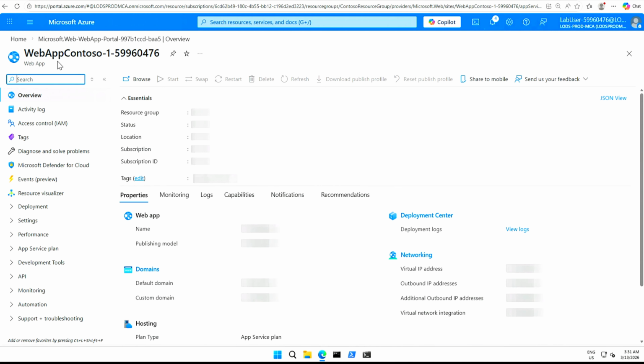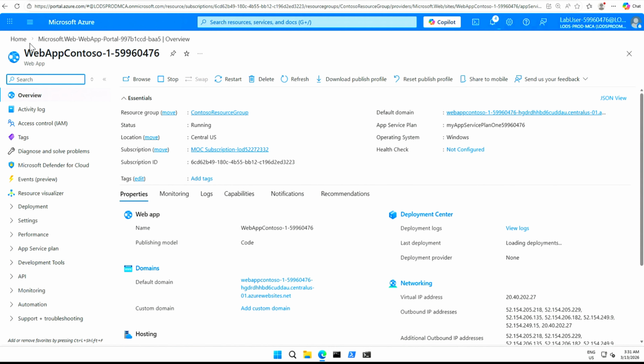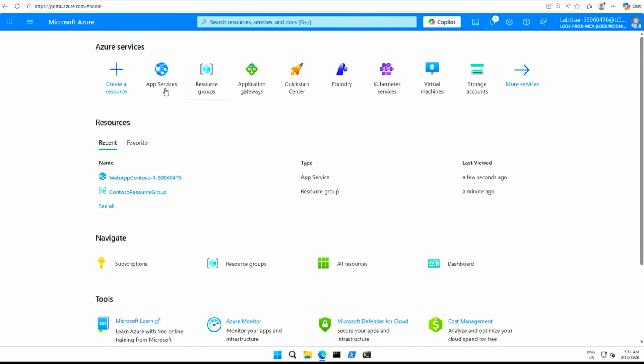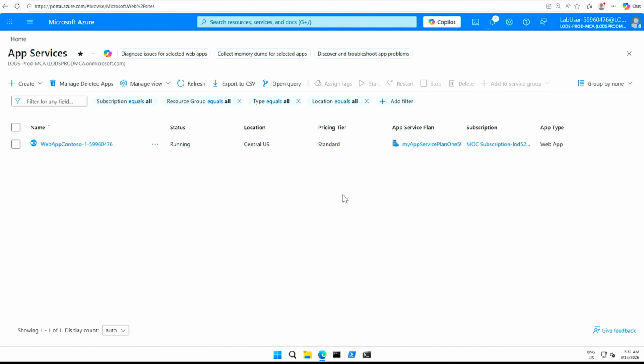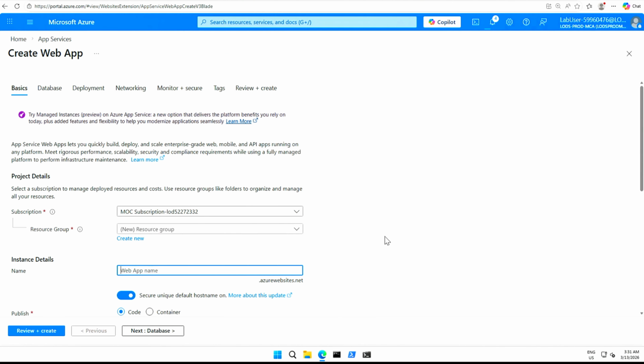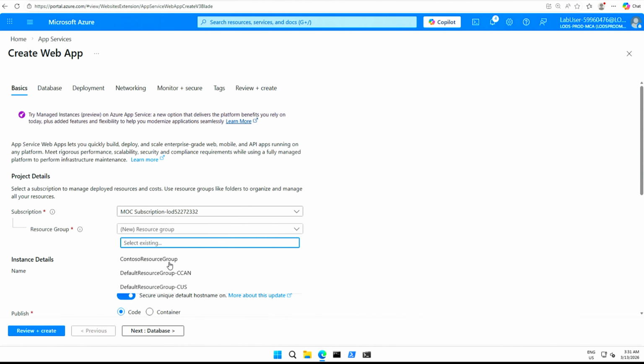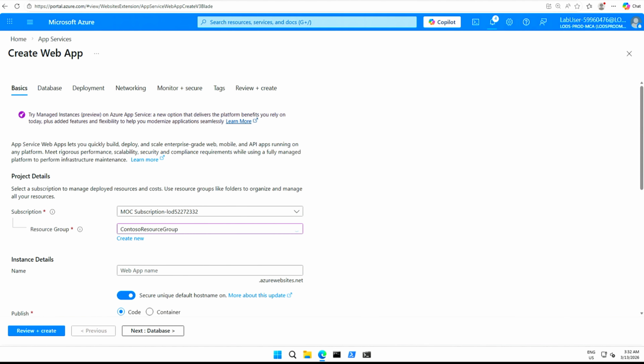So you can see that the first web app is created. Now let's go home and select app service. We are going to create a second web app. So here click on create web app. Select subscription. Select the resource group. So the same resource group name, Contoso resource group, just to make sure. Yes. And now the web app name is